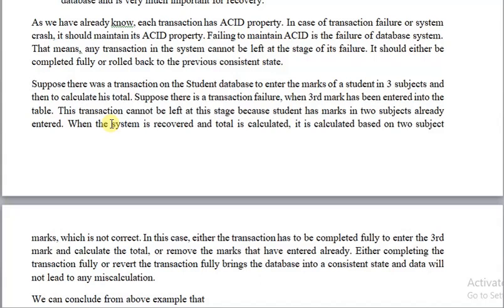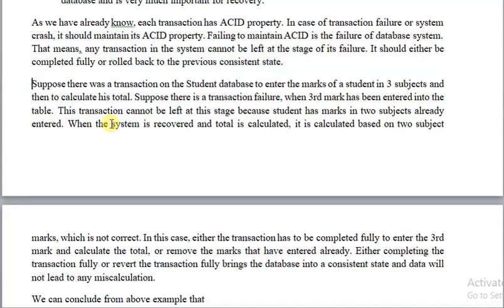Because of this failed transaction, what the system will do, the system will calculate the sum of the two subject marks and the total is found and the result is calculated. Okay, but the calculated result is wrong. Why? Because we have entered only two subject marks and the third subject marks has not been entered because of the transaction failure.